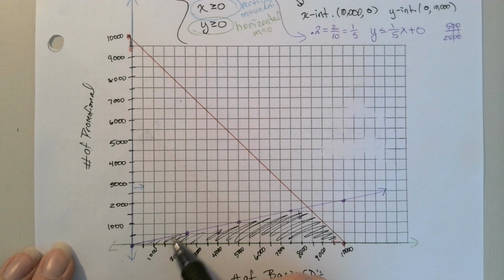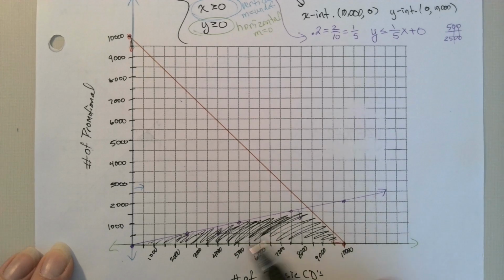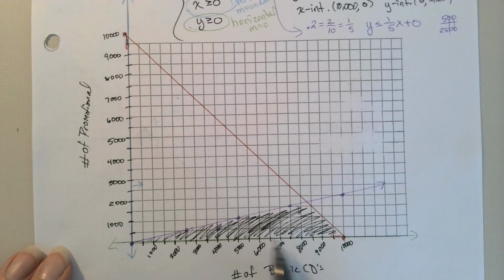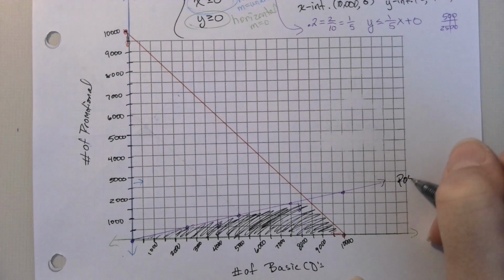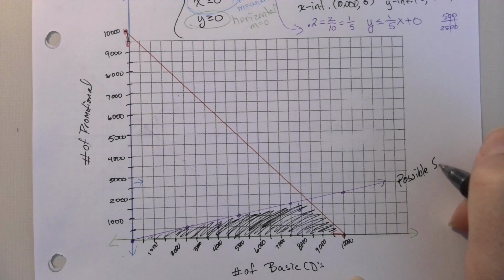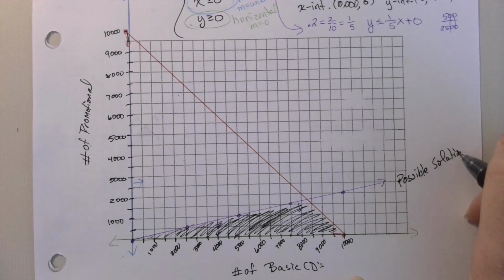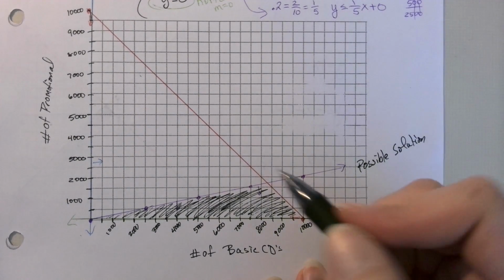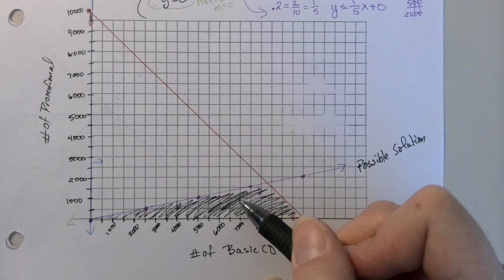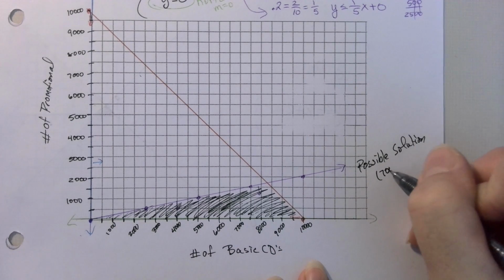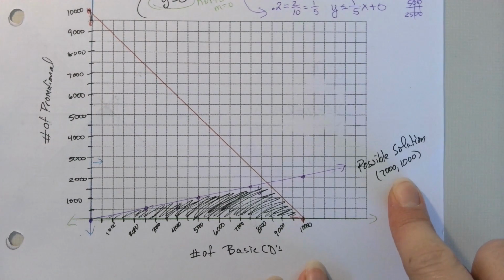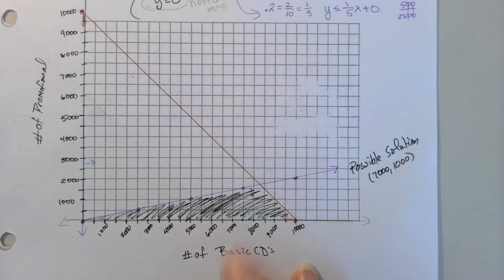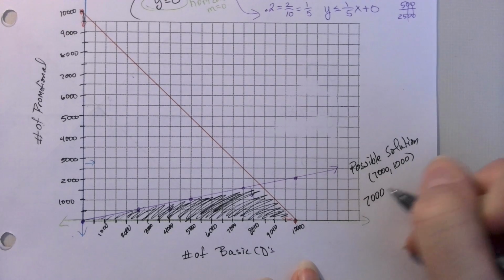But we're going to be working on some things, and I'm going to ask you, give me a possible solution. So the possible solutions are anything in the final shaded region. So if you give me a possible solution that could happen for these CDs, maybe you pick something like 7,000, 1,000. Well, there's 2 things here. One, if you answered this, you would lose some credit. You need to say it's 7,000 what? It's 7,000 basic CDs